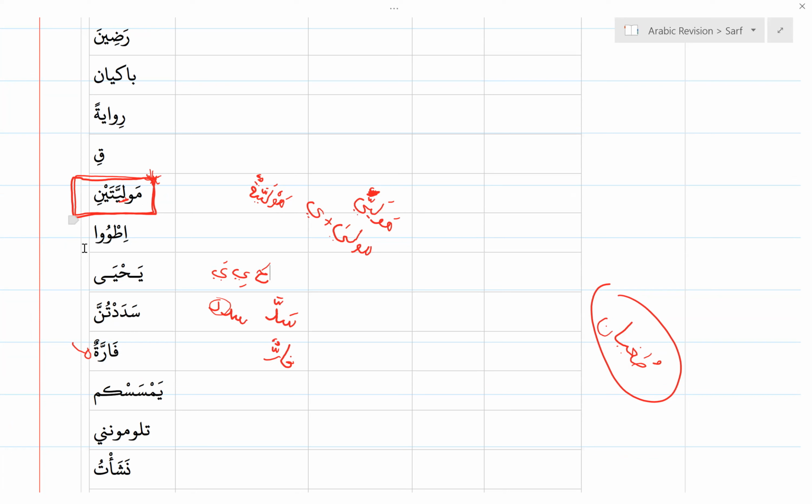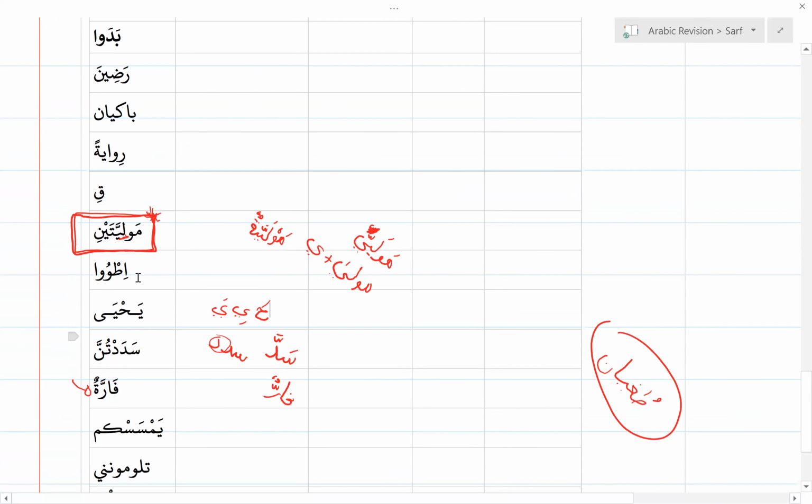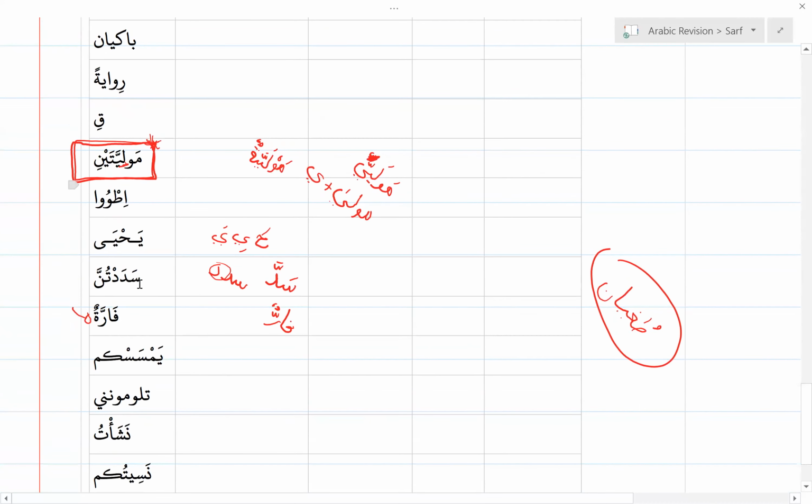So we have to figure out the Huwa version. Now this is the tricky bit, especially with words like this, you can't figure it out. And like I said, my table might not work 100%, especially for words like this, because you need to know the Huwa version to be able to use that table. If you don't know the Huwa version, you're pretty much stuck.